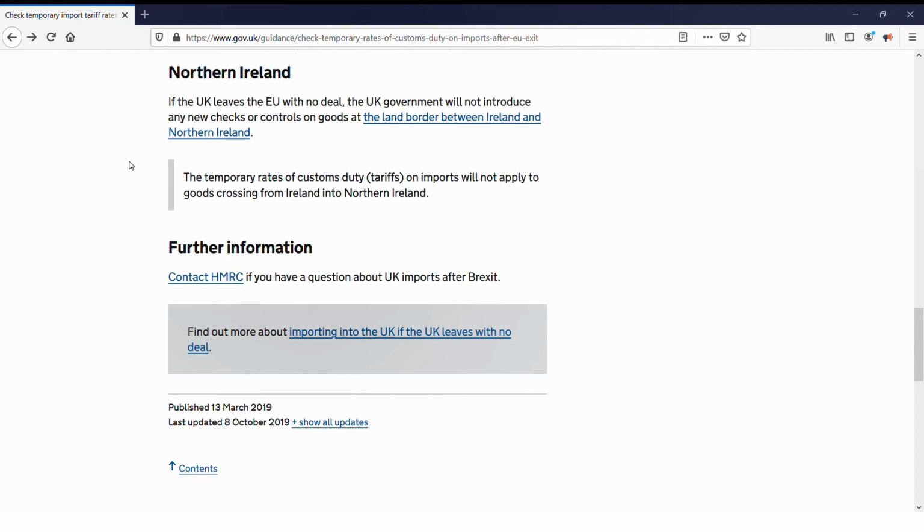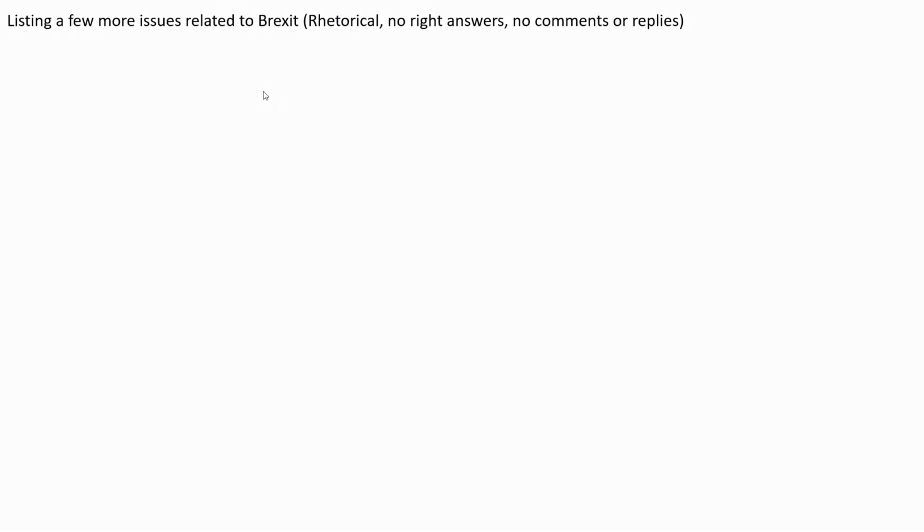Next. Let's very quickly list a few other issues related to the UK and its future relationship with the EU. So far, we have looked at practical issues with regard to customs, HMRC and using the UK trade tariff tool. We saw the guidance notes on Northern Ireland previously. To add to this, and without any discussion or comment following, I want to list just a few of the other issues related to Brexit. To reiterate, I present no answers, neither am I accepting responses or comments right now. And whether Brexit actually happens or not, I hope you can agree that it has provided an interesting context within which to learn a few things about imports and exports.